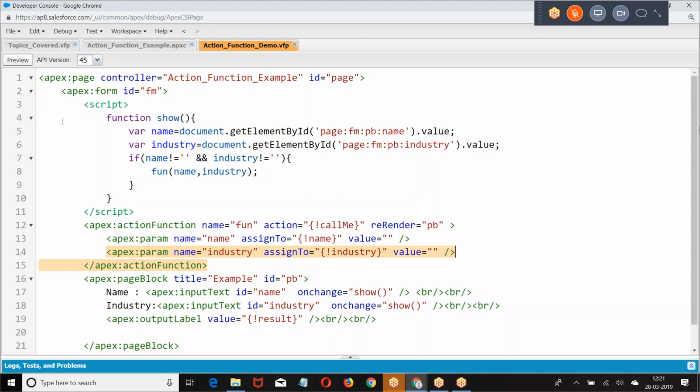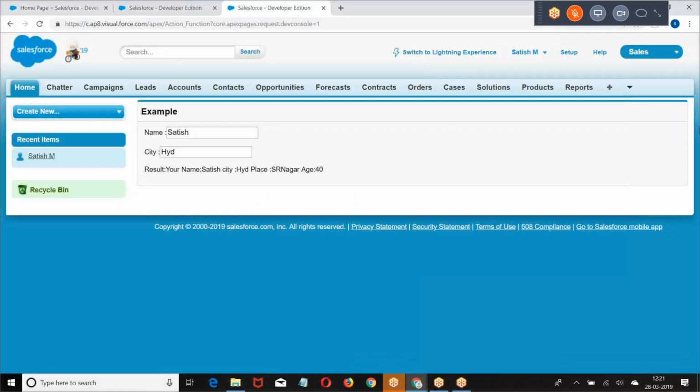Are you getting my point here? So if the username and password are not entered, I'll throw the error message here only. It is a must that you enter the username and password. Are you getting my point? I have a choice to validate first, then go to the Apex class. That's the advantage I have.